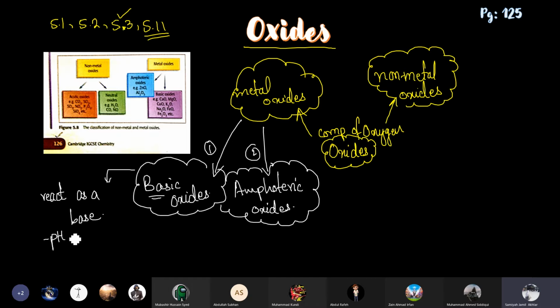Like a pH greater than 7, and turning litmus blue. When they are dissolved in water, they give alkalis, and when they react with acid, they give a neutralization reaction. These are the simple reactions of bases, so they react as bases and alkalis. And amphoteric oxides,